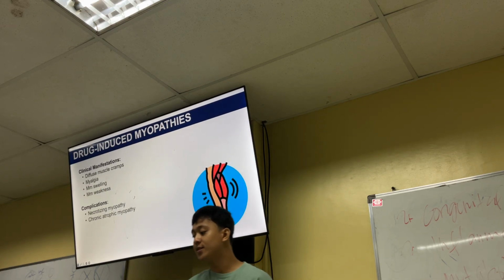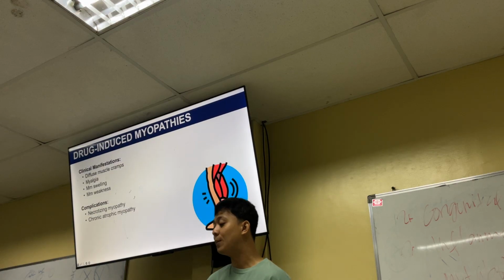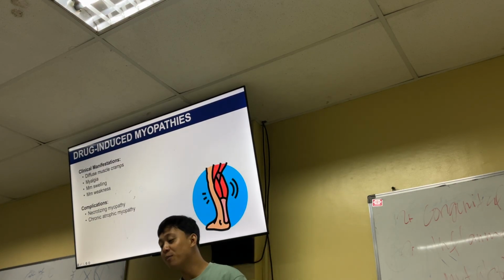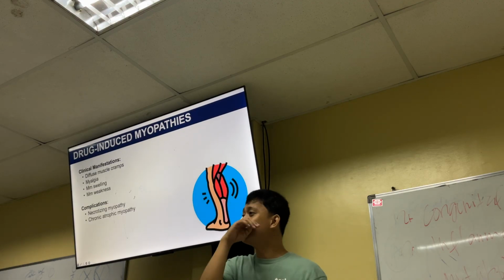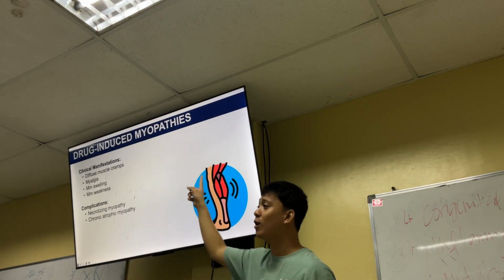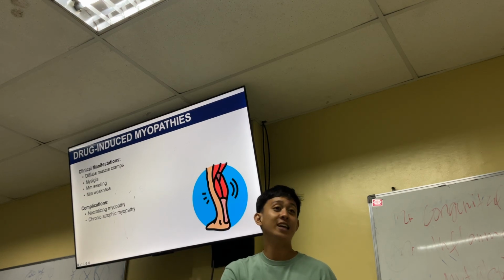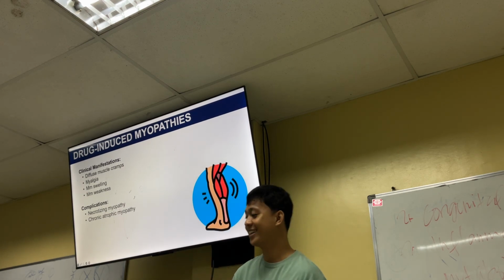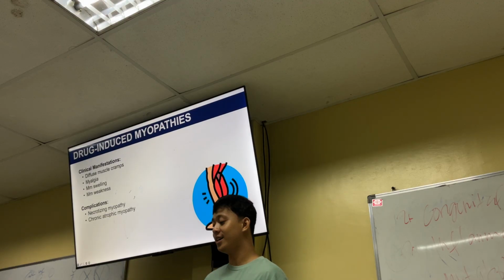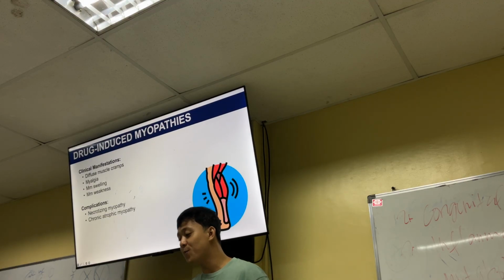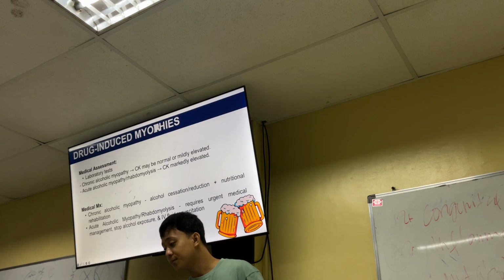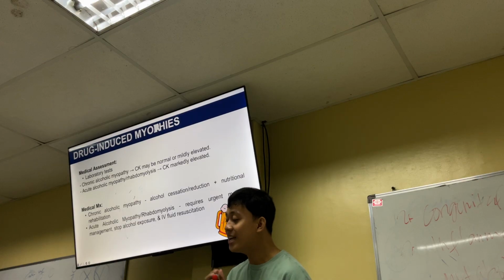So here guys, we have manifestations: diffuse muscle cramps, myalgia, muscle weakness, and swelling. Since this is acquired, these are the manifestations of your muscle, so write them all down. Complications are the same: necrotizing myopathy and chronic atrophic myopathy. Here guys, for the laboratory test, what you can do is check